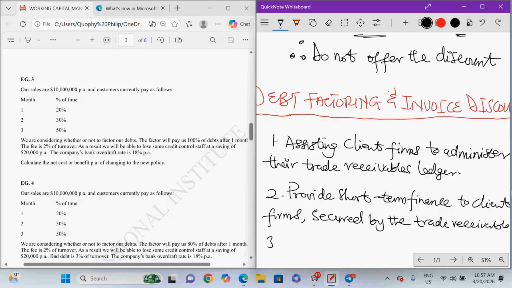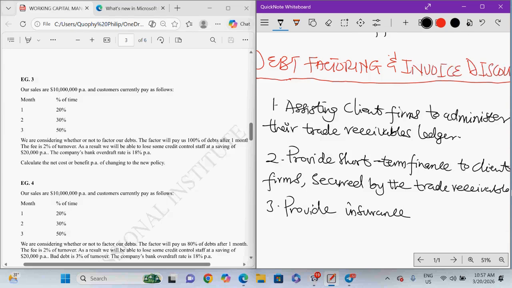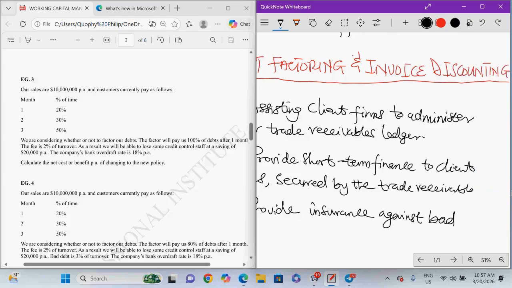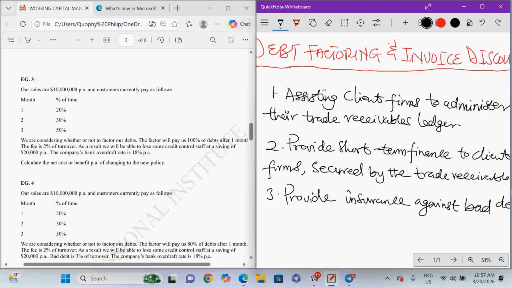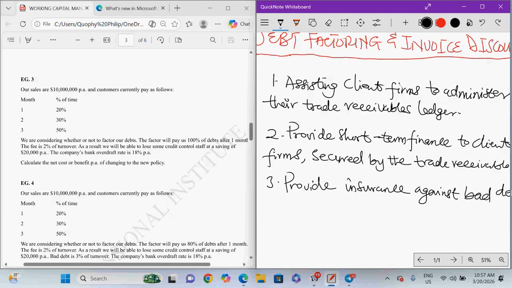And also they provide insurance. They provide insurance against any bad debt, insurance against bad debt, so that you will not get any bad debt. So this is basically the work of the debt factoring